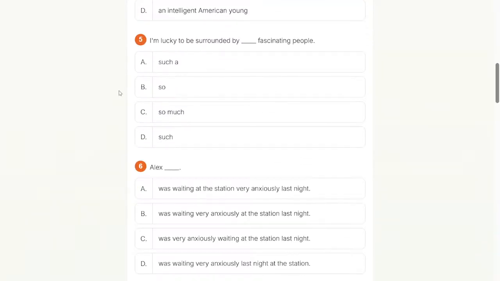Fifth: I'm lucky to be surrounded by fascinated people. We cannot use such a, because people is plural. So fascinating people.